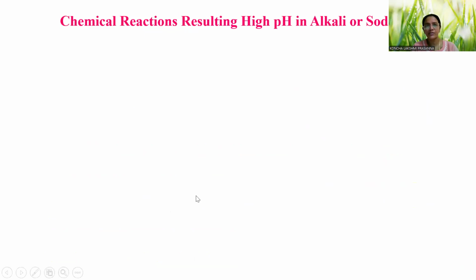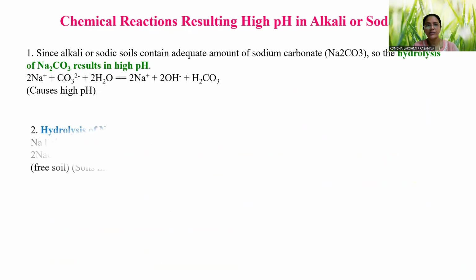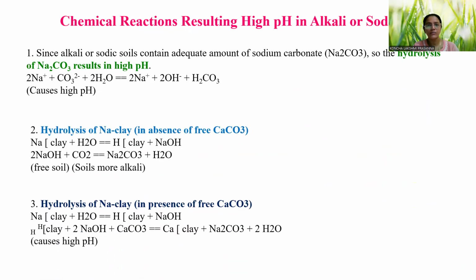Next are the chemical reactions which take place at higher pH, that is during the formation of alkali soils or sodic soils. In alkali or sodic soils, the sodium ion comes in contact with carbonates and bicarbonates and forms sodium carbonate. The hydrolysis of sodium carbonate occurs at a higher pH. You can see the reaction here. The sodium comes in contact with the carbonate at higher pH in the presence of water and forms sodium hydroxide